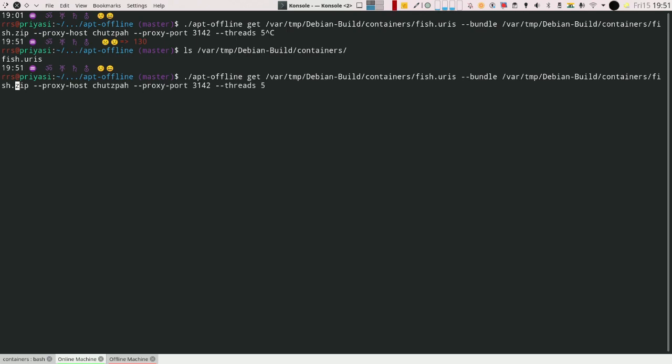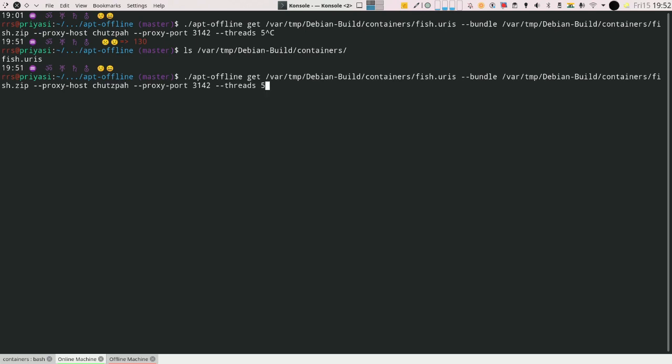Since in my home network, for efficiency reasons, I have a proxy configured, I have asked apt offline to make use of the proxy hostname and the port, and to make the downloads faster, I have instructed it to spawn 5 connections at this time.